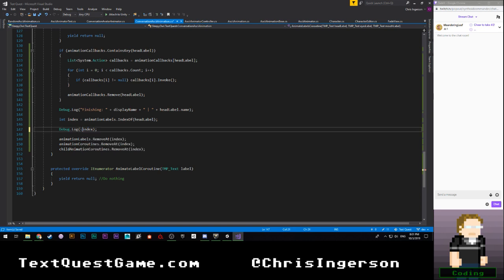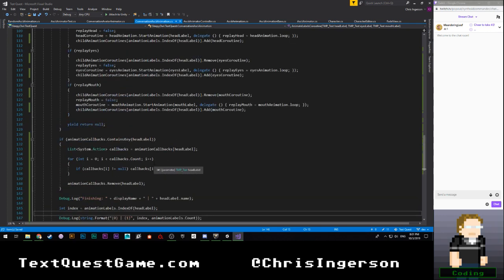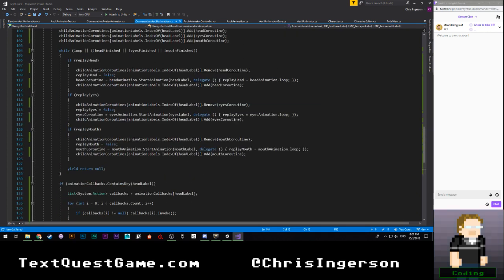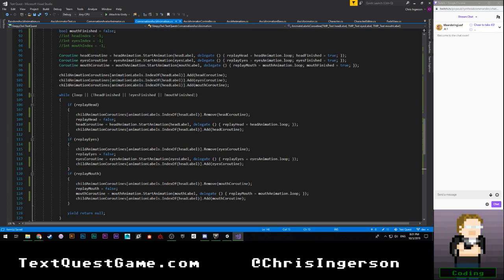Yeah, okay. So we're just going to do string.format, and then we're going to go ahead and say not head labels, animation labels dot count. I want to know if it's empty for some reason. Because what's really weird about this is that it's not throwing an error up here, so this is not -1, which means that it's getting removed somewhere else.